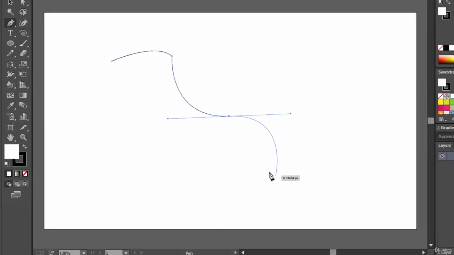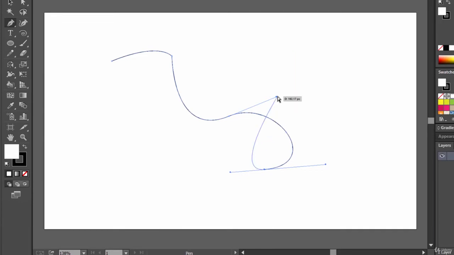Now let's come here. Okay, so now say for example I don't like this curve. I want to change this curve. So again what I will do, I will press the control key to make it a direct selection tool and I can control the handle. But see what is happening. Let's change this one. But see what is happening. It's affecting both the sides. See? What if I want to control only one side?